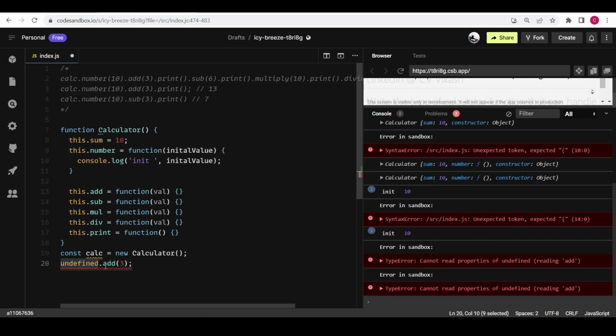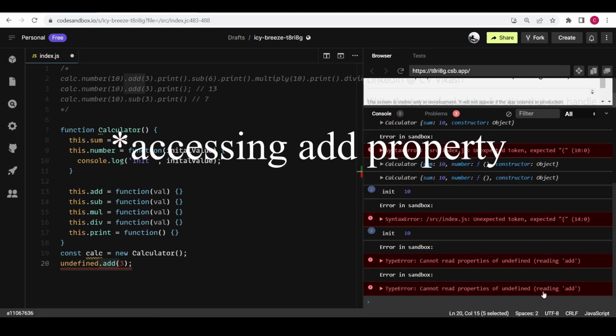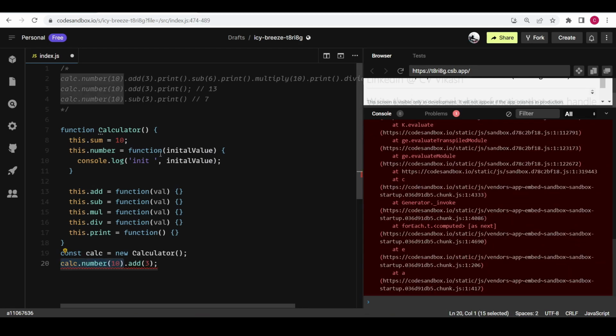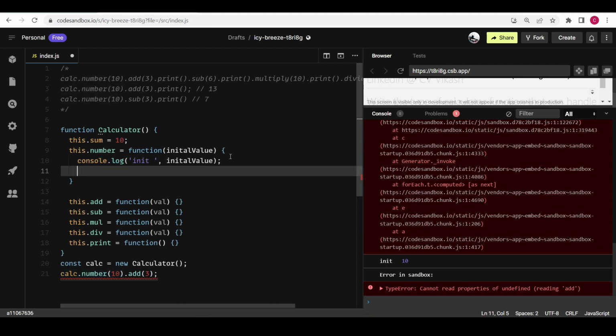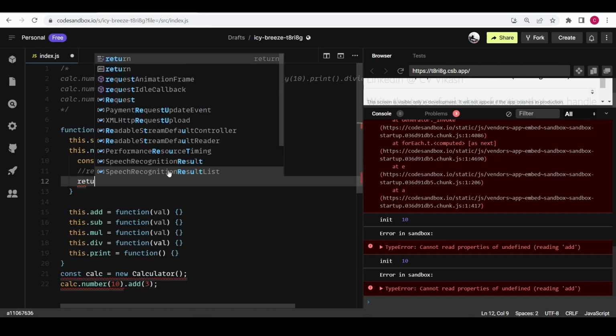If we have undefined.something, then we will get this error for sure, because undefined doesn't have any property and we are trying to access a property on undefined. So that's the reason we are getting this error. And now we have to return something. We have to return something, and that should be chainable by using dot. In JavaScript only an object can be chained with dot, right? So now here we have to return an object. Okay, let's return an object,